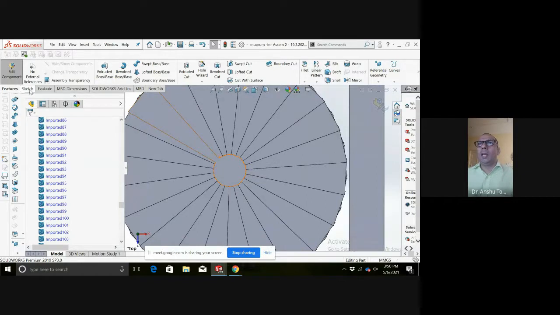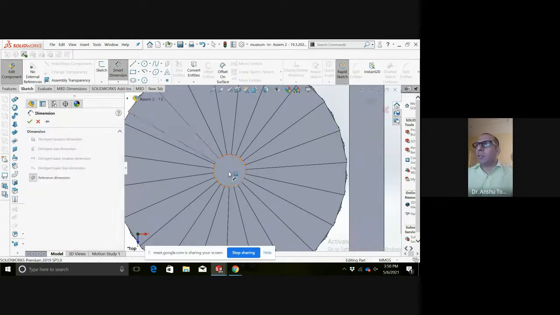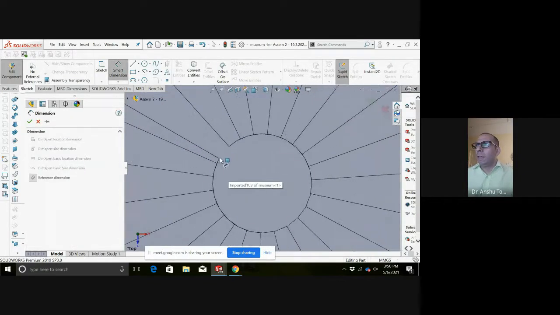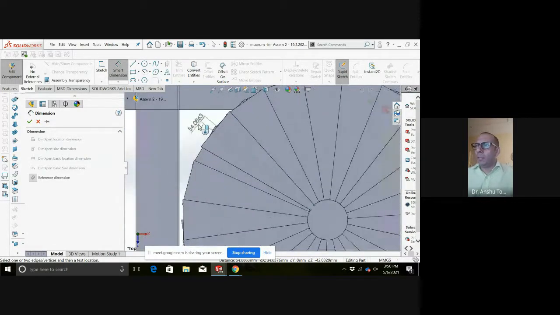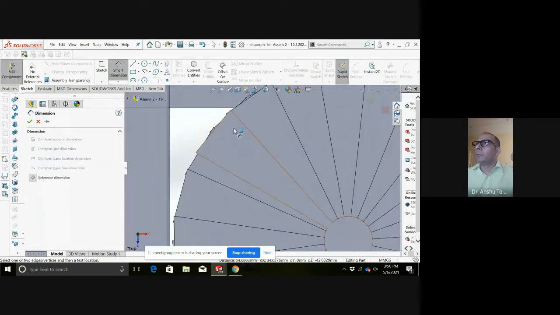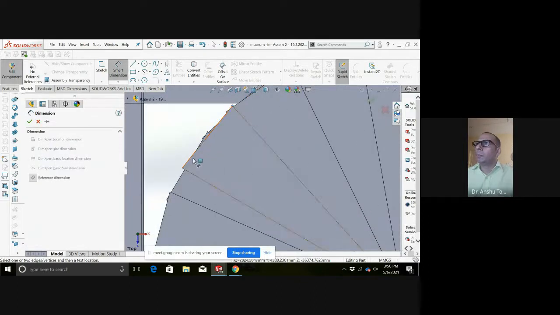One is you can take the smart dimension also, and from the smart dimension you can evaluate what is the distance. It is approximately 54 mm, and the outer one is 392 mm.